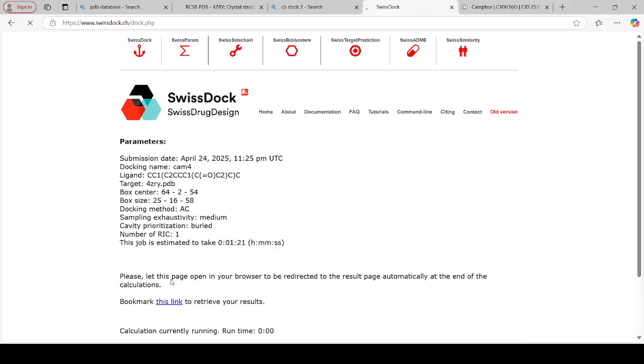As you click on it, you will see the parameters you have given for this particular process. You can see that the date is 24, when I submitted this particular job. The name is camphor, which I have given. The ligand is camphor, as you can see from its SMILES notation. The target protein is 4ZRY. These are the coordinates which I have set for my grid box. Now you can see that the exhaustive sampling technique has been used for this docking. And this is the estimated time for the job, which is needed for this web server to execute